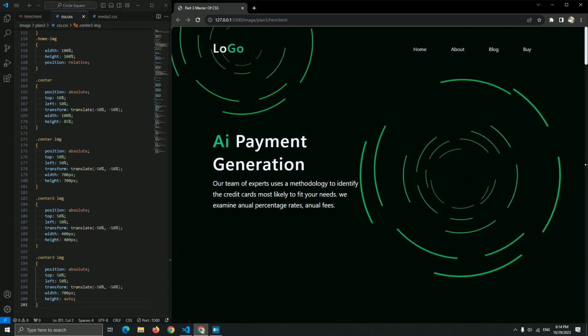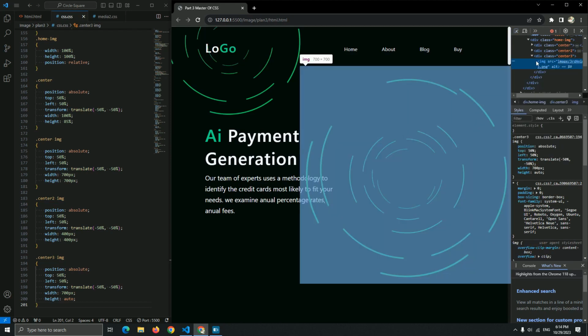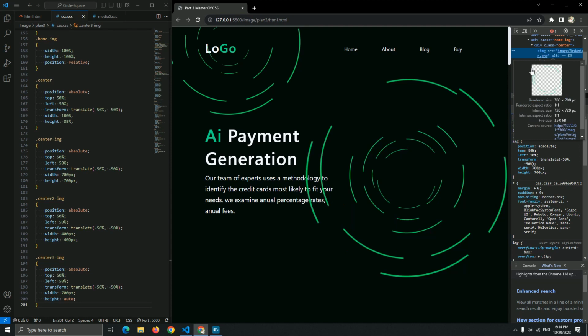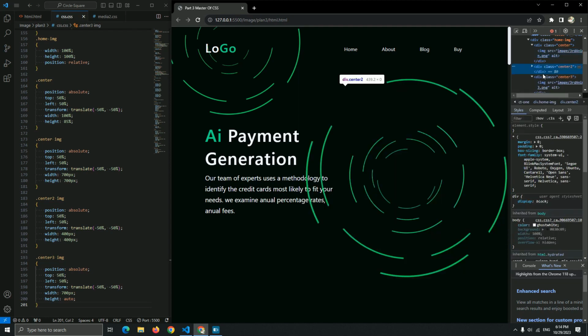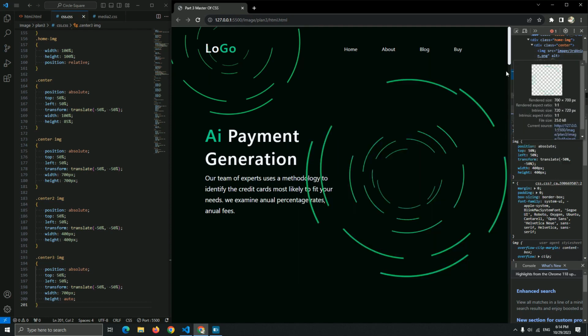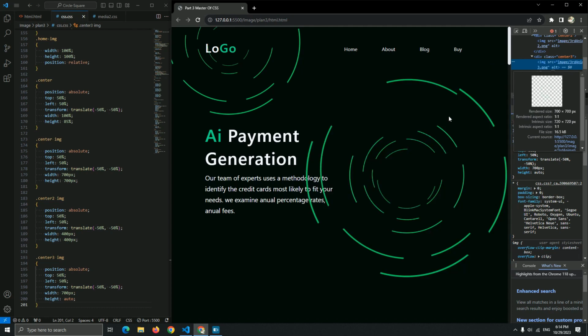Everything looks fine. Let me just show you the first image. This is the first image, as you can see right now, and this is a center image of this circle, as you can see, the little circle. And the third image, as you can see, it's a little bit like this.